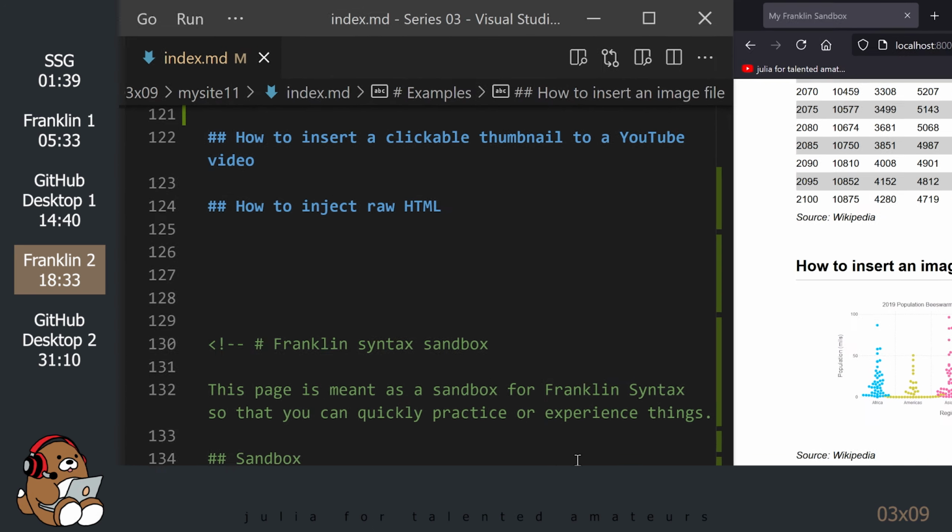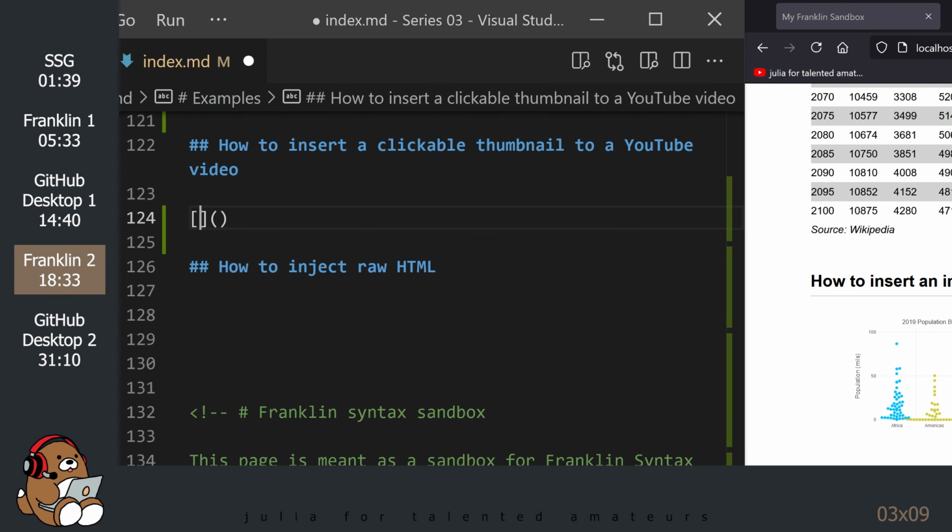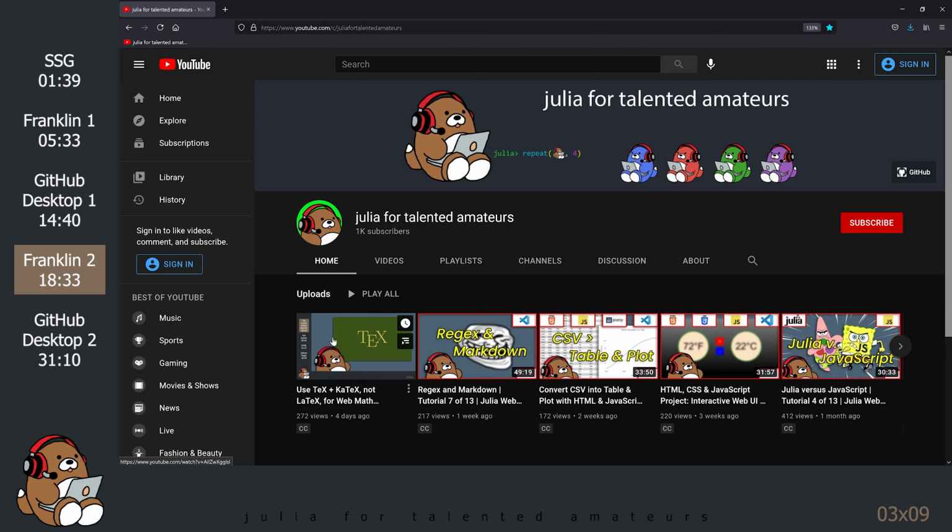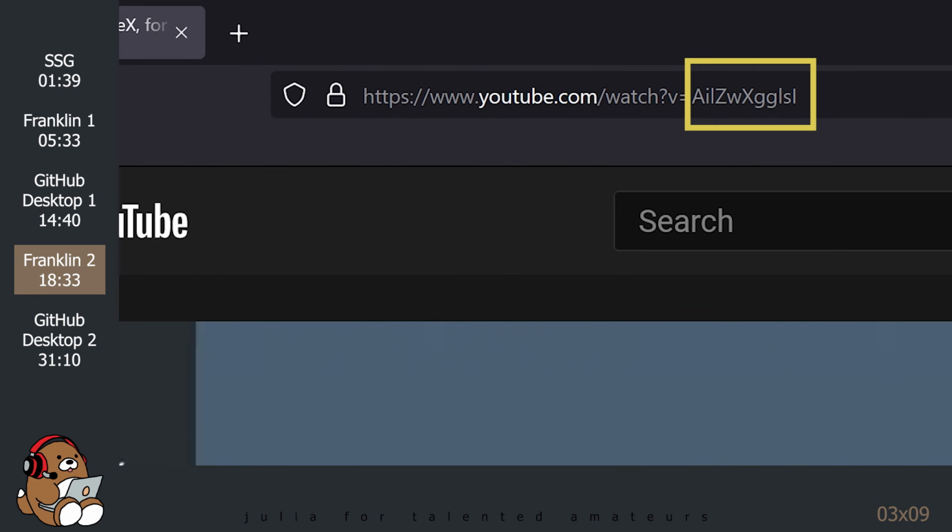You can also add a clickable link to a YouTube video by using the thumbnail image for that YouTube video. YouTube stores the thumbnail image at img.youtube.com/vi/thevideoid/0.jpg. You can find the video ID by looking at the URL for that YouTube video.